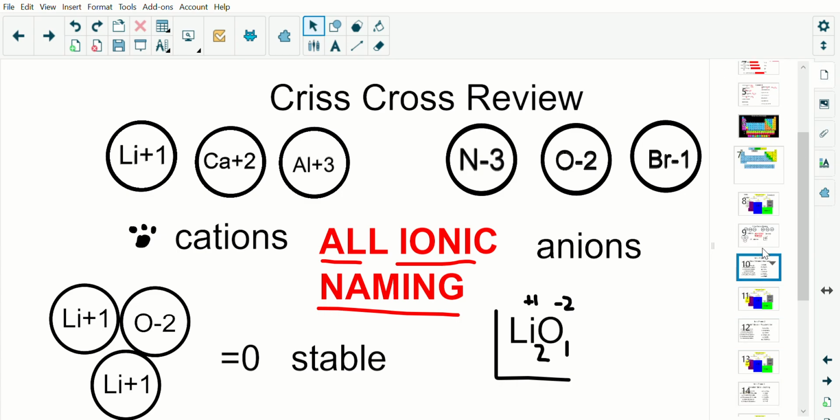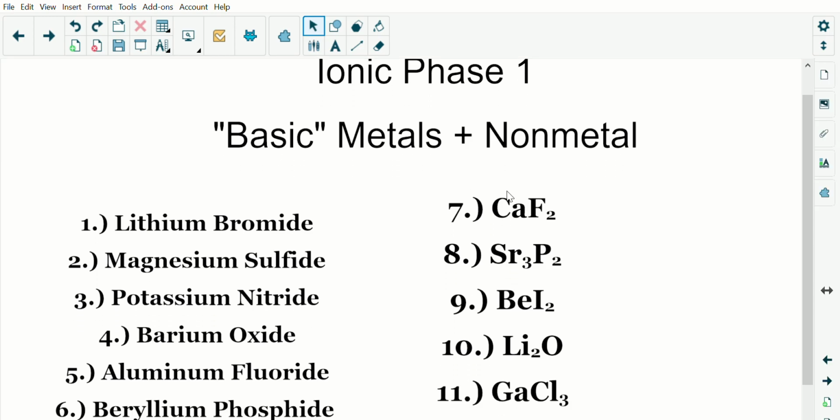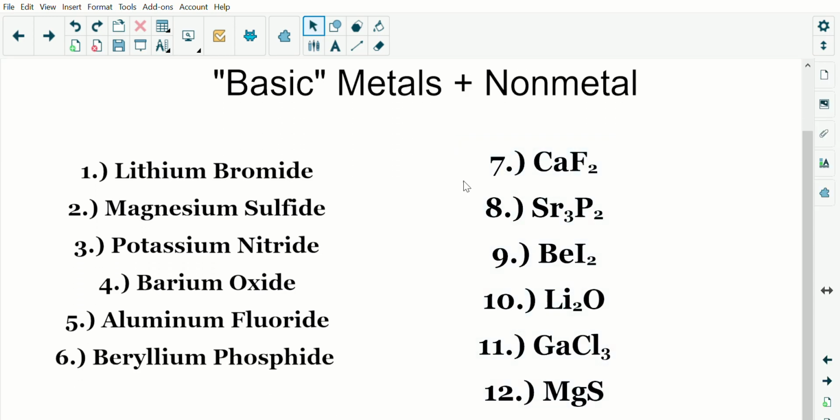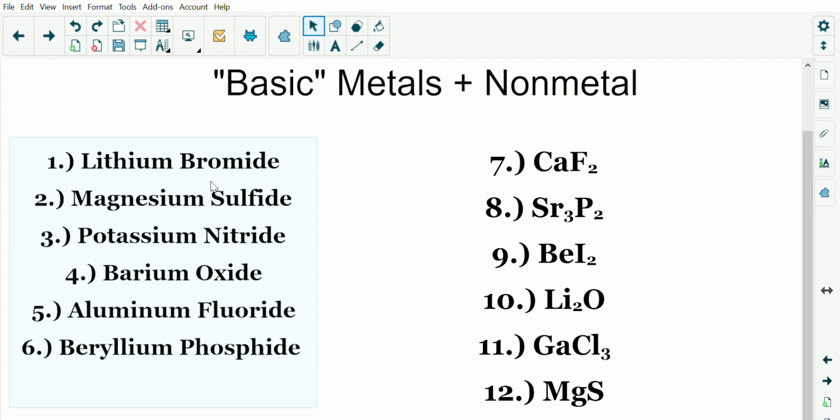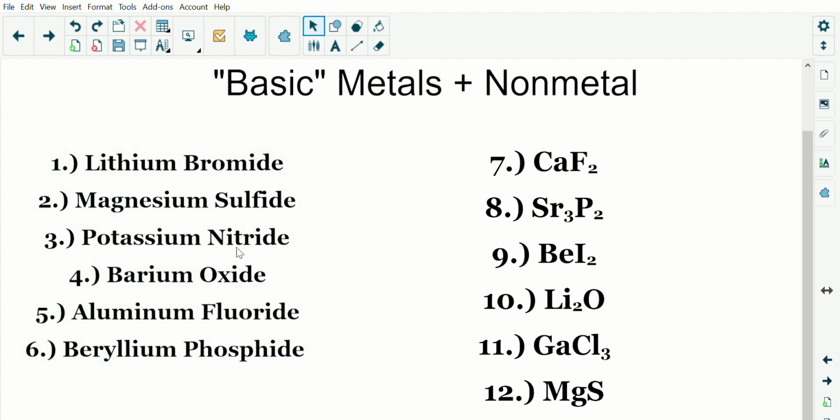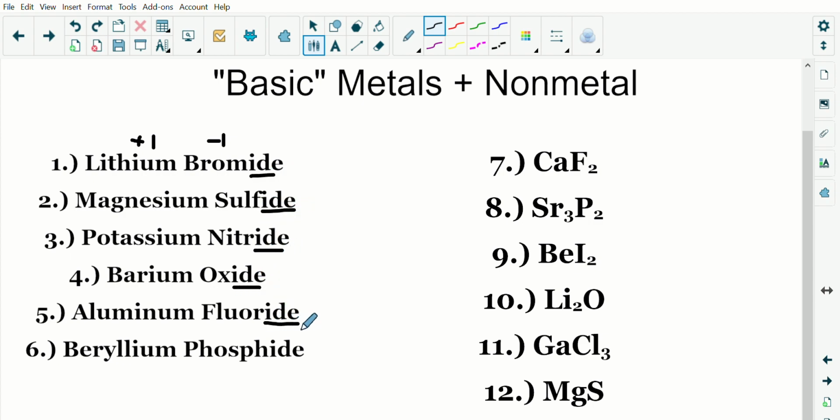So here's what we have for these. I just have a few over here, and I'm not going to do all of them. We're just going to do a few. For example, what I personally like to do when I see the words is put the charges above the words, and I will do that for all of these. Lithium is a +1. Bromine is a -1. Notice all of these end with "ide", just like covalent naming, just like I said earlier